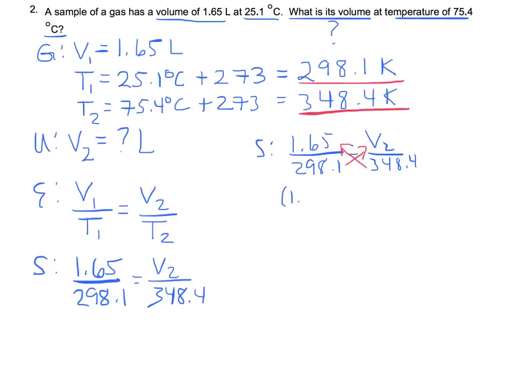So what that means is we are going to be multiplying 1.65 times 348.4, and that's going to equal 298.1 times V2. Okay, so there's our multiply. Now we can simplify this side by multiplying these two numbers together, and when you multiply 1.65 times 348.4, you get